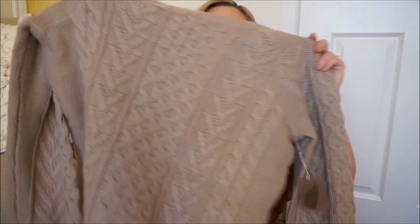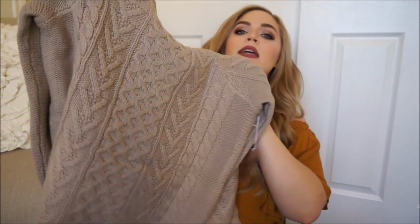It's in person now, and honestly, I was kind of expecting it, after I bought it, to be scratchy or maybe made of acrylic. It really does feel so soft in person. It's not the softest sweater in the history of ever, but it's still really comfortable, so I'm really excited that I purchased it. This is apparently from the Contemporary line, and I actually think it's quite big